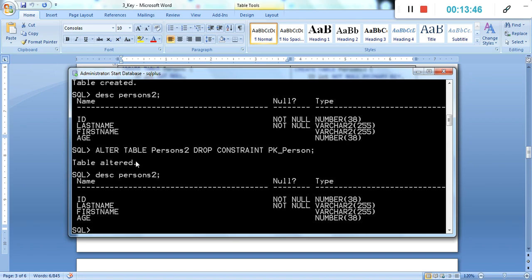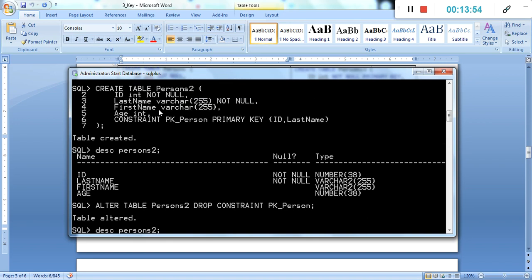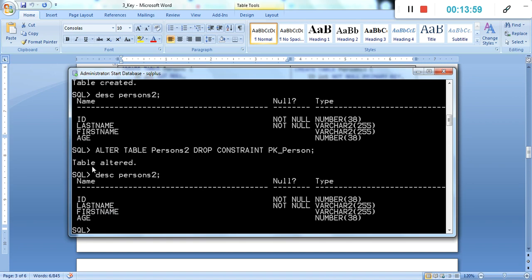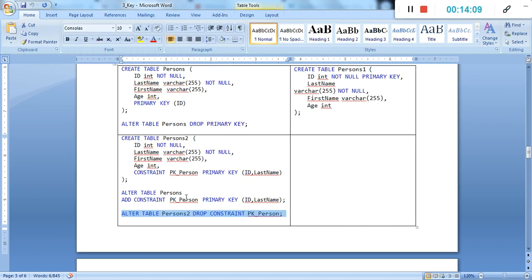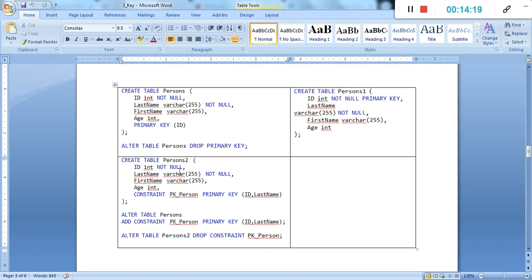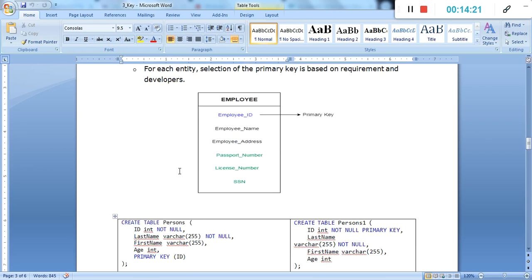Now this command, alter table person drop constraint pk person, where the constraint was created at the time of table creation, executes properly in PL/SQL, but under MySQL it gives a version error. This is simply an example to create a primary key, or multiple primary keys, under SQL or PL/SQL. Now this one is simply the way to create the primary key.